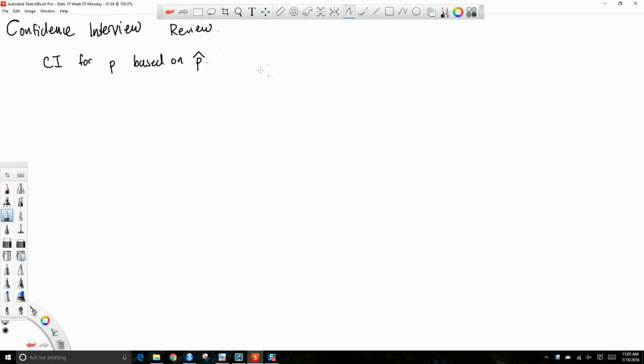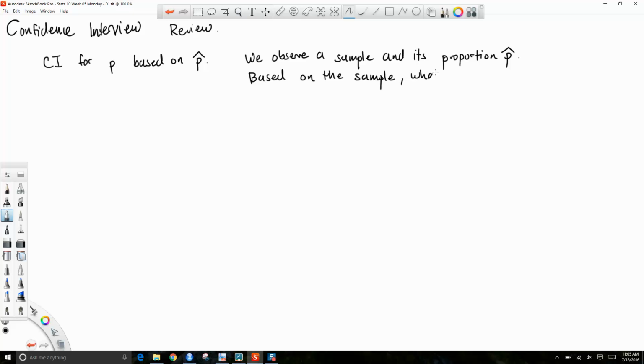And the idea here is, we observe a sample and its proportion p hat. Okay, and based on the sample, what can we say about p? And so whatever our p hat is, basically what we say is,